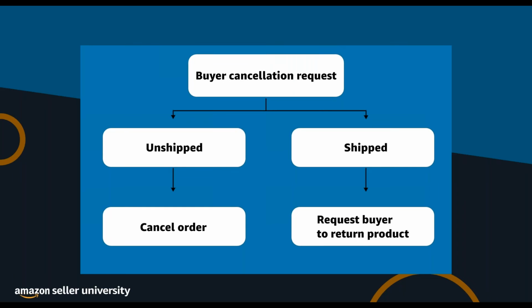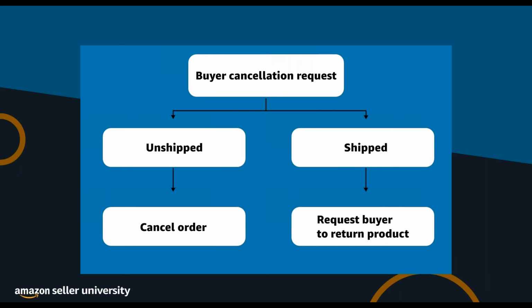If you already shipped the order, you can ask your customer to return the product for a refund. When you receive the return, issue a refund if you already confirmed shipment, as customers aren't charged for an order until shipment is confirmed. For the visual here, it's just showing how they cancel it and what to do in